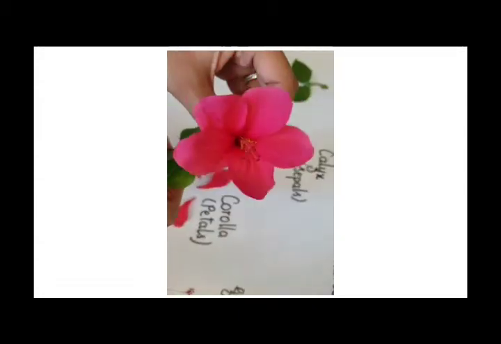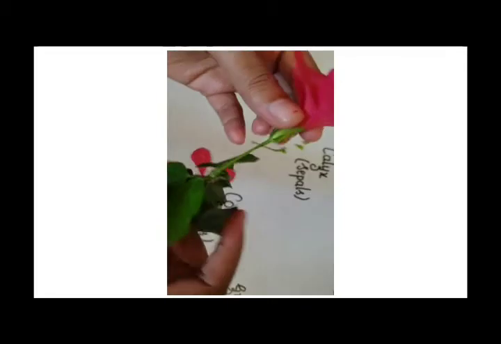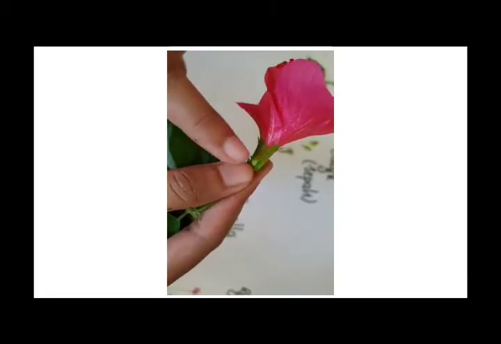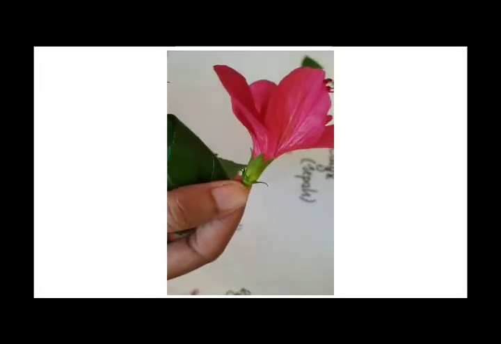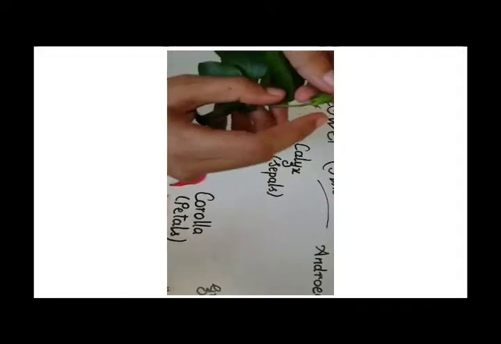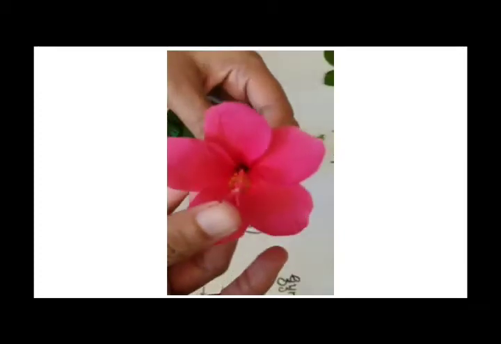As the flower blooms or opens up, you see the petals of the flower and the different whorls of the flower. So here comes the first whorl, that is the green color part. As you can see, it is made up of tiny sepals joined together here. So the first whorl of the flower is calyx. It is made up of what? Sepals. So calyx is the first whorl and it is made up of sepals.